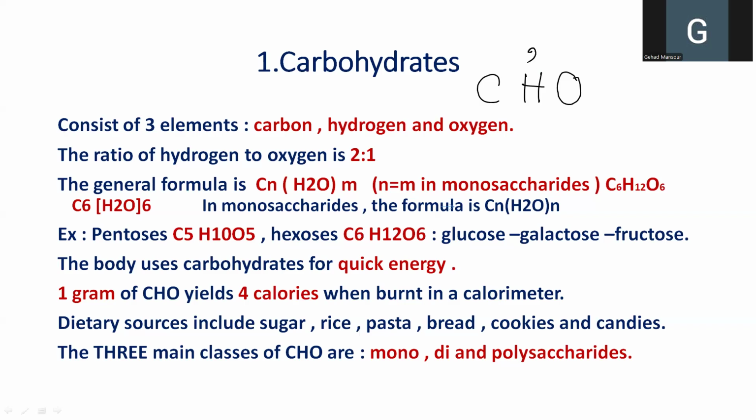That condition is that the ratio of hydrogen atoms to oxygen atoms in the molecule should be 2:1, which is the same ratio of hydrogen to oxygen in a water molecule. So the general formula of a carbohydrate is actually